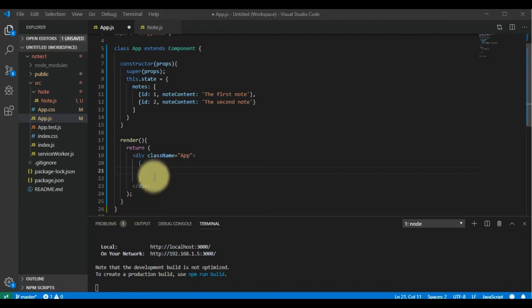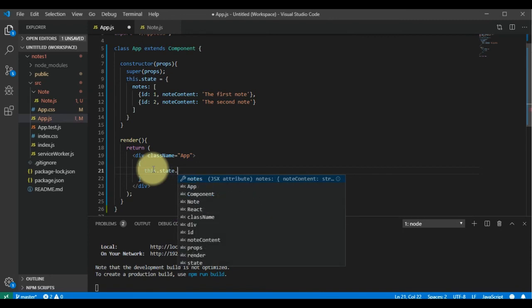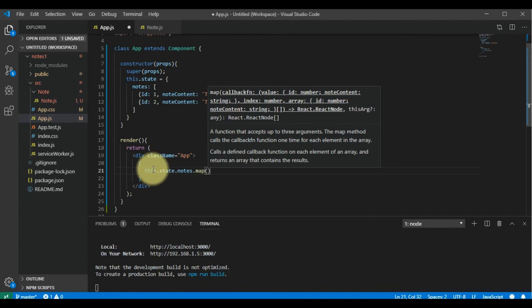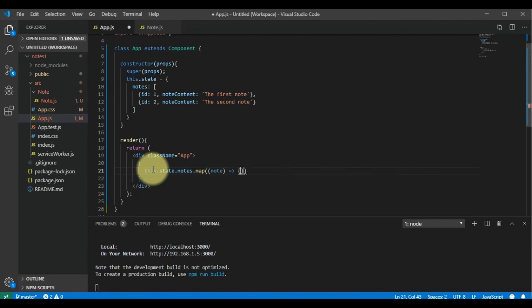So we will have our map function here. So we want to loop through our states. So we will say here this state dot nodes dot map, and then here we have node. Okay, and then we return